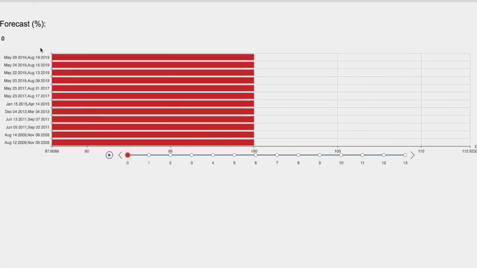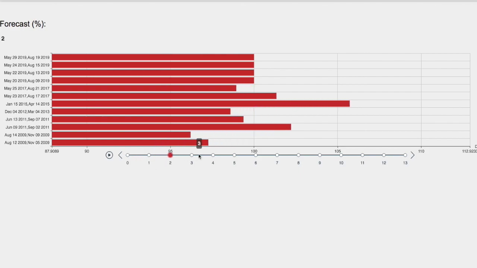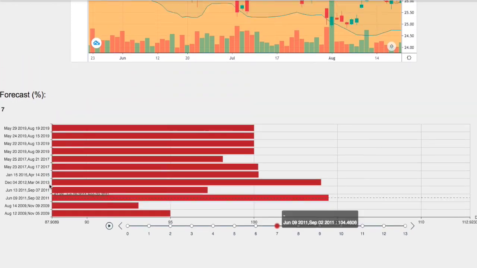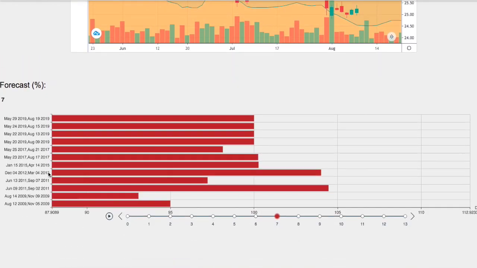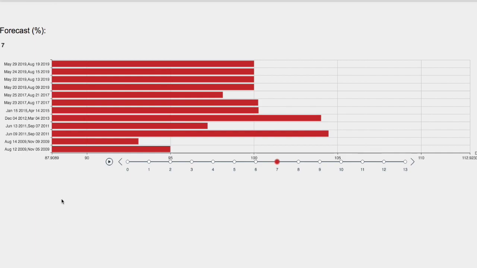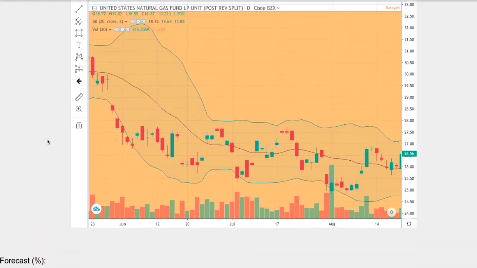On here I'll go day by day where natural gas will head in the next coming days. So we have 1 day out, 2 days out, 3 days out, 4 days out, 5 days out, 6 days out, and 7 days out. So which one of these forecasts should we focus on? Well, we want to look at the trend that most closely resembles the current trend.